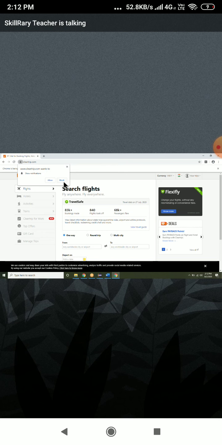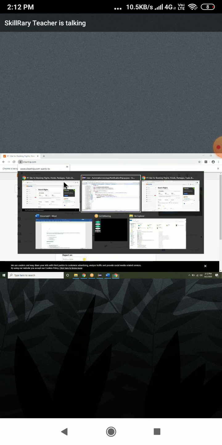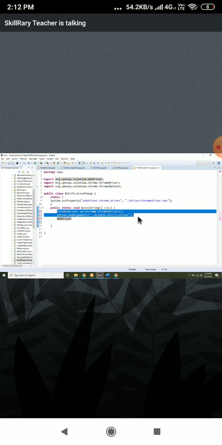Manually I will click on that block. How will you do it in automation? You can't inspect it. Then how will you do it? Go to settings, then change the settings, telling it to disable this notification, don't display this notification. How to do it? First, change the settings. After changing the settings, open the browser.